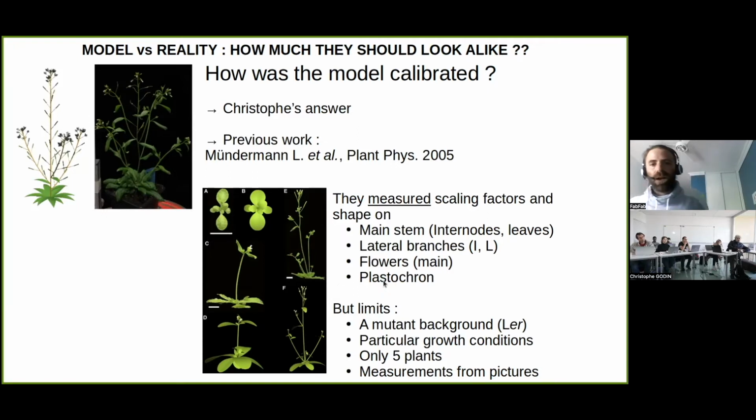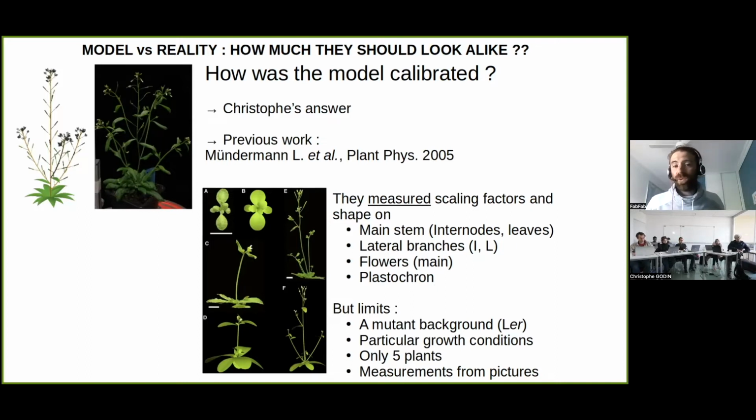But we can notice some limits to this work. First, it was done on a particular Arabidopsis plant, which is a mutant background, because at this time, historically, many people were using this mutant background in biological labs. But this mutant background is now a bit deprecated. Most of the labs are not using it anymore because it has also some issues to use a mutant as a reference. So people try now not to use it so often,